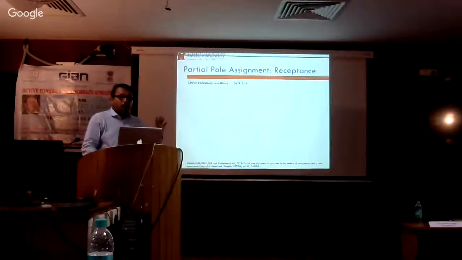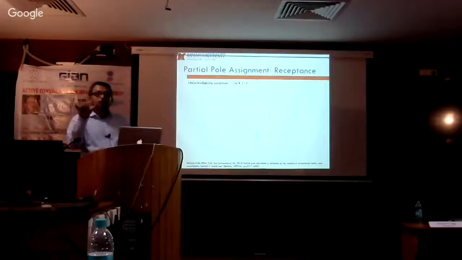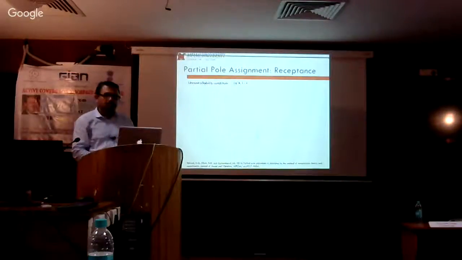So how to do it? How to make this system uncontrollable for those modes which we don't want to take or place. That's the whole idea. By doing the method of receptances, we know the technique. What can we do which will ensure this condition? So the first attempt that they took,